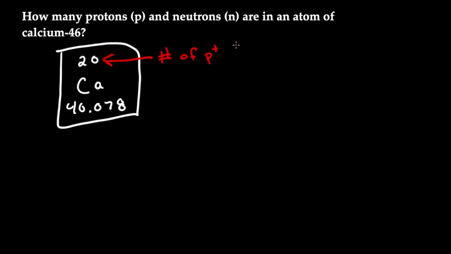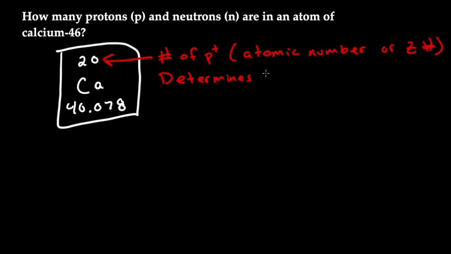It's sometimes called the atomic number. So I'm going to write that right here. It's called the atomic number. And it's also sometimes called the Z number. So I'll put Z number like this. And that's what this number is going to be. And this number determines what that element is. So I'm going to say that it determines the element